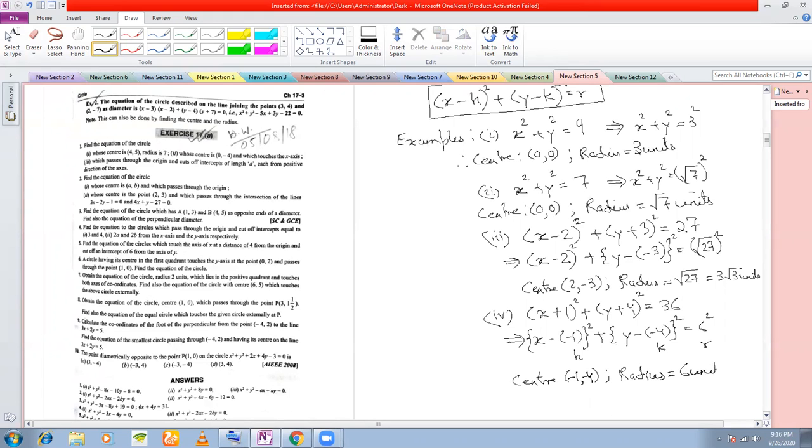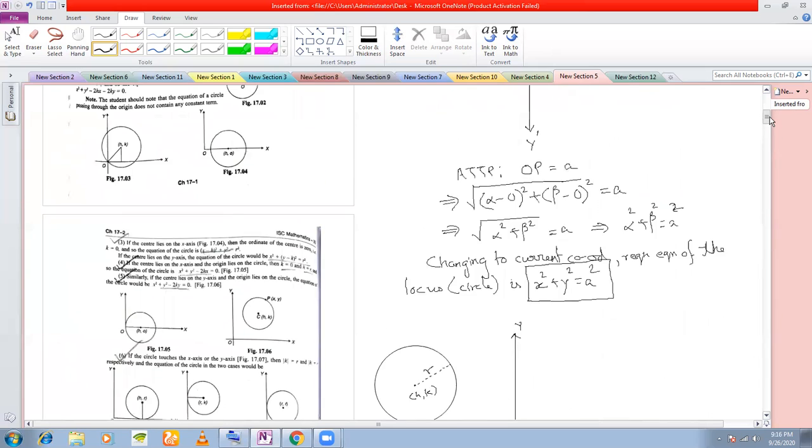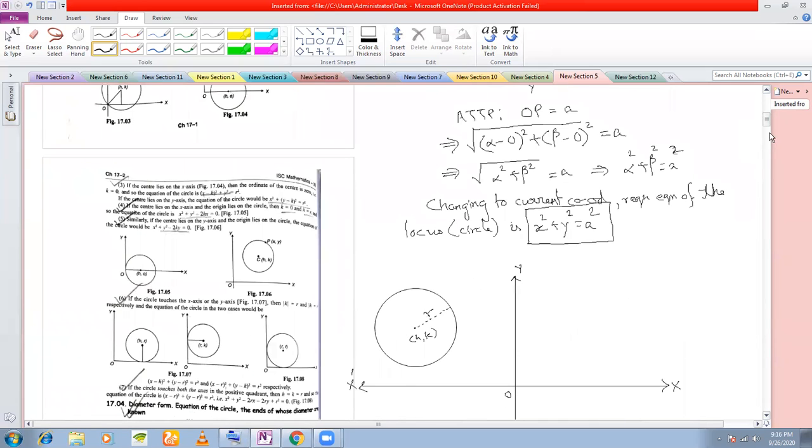So what do you see? You see that if the equation of a circle is given, you can easily find out the center and radius of the circle from these two standard forms. We'll come to the general form a little later. But for the time being, remember that if the equation of a circle is given, that means its center and its radius are given to you. Now we'll do some special kinds of circles, just 2 or 3 special cases.